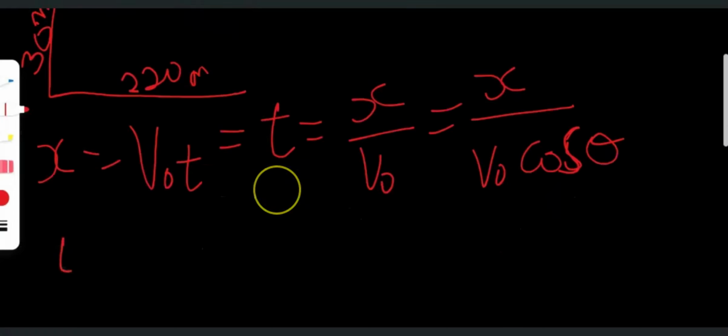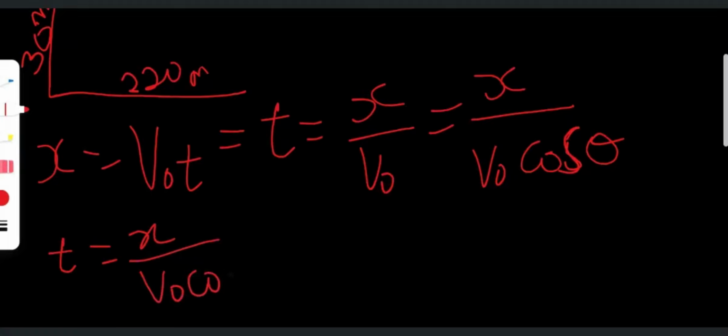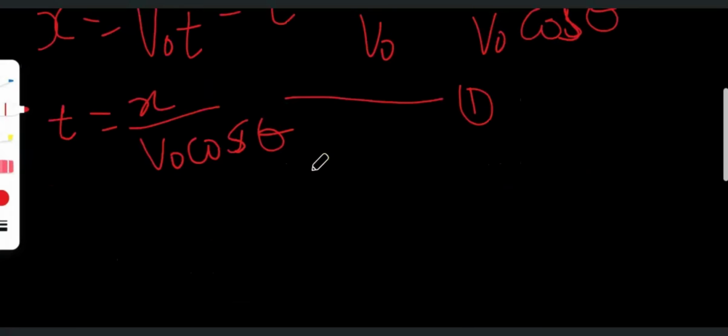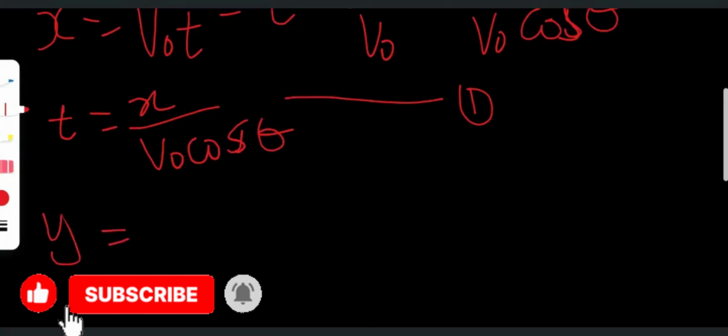So therefore, t will be equal to x over V0 cos theta. That's the t. This one we call our first equation, equation 1. So thus, the cannonball's vertical position can be written in terms of horizontal position as follows. Because now, this is the x, we've gotten that part of it. So here, for y of the ball, on the y side, we know that V0 t,